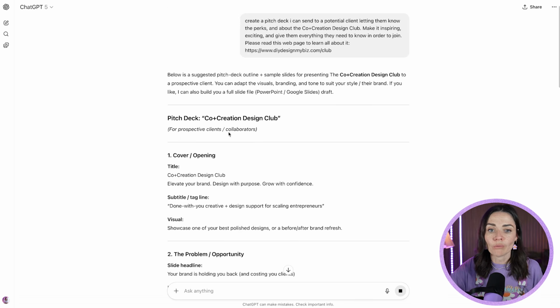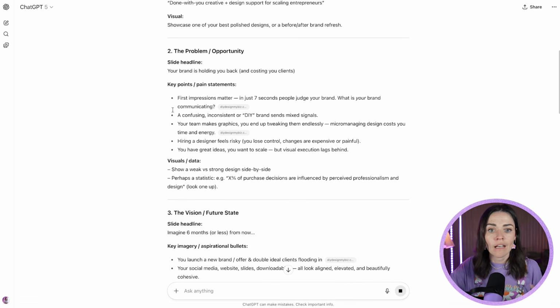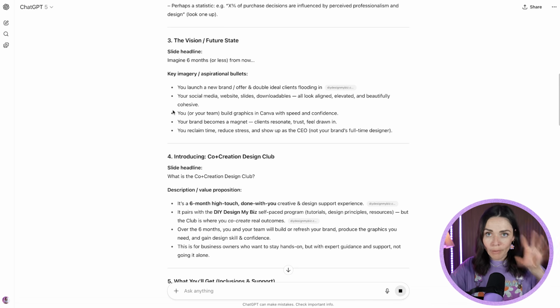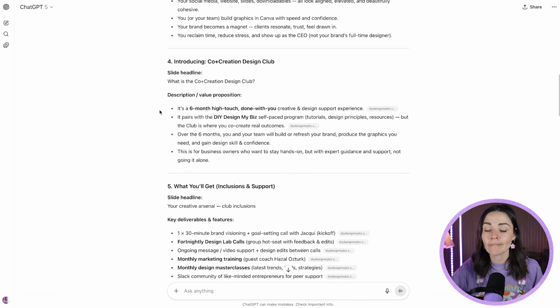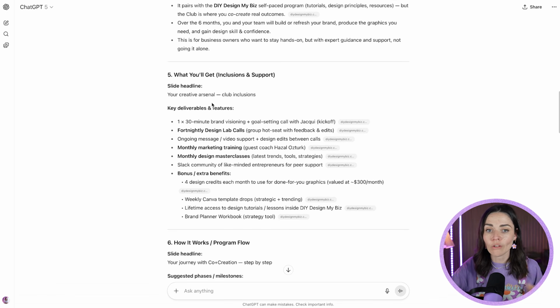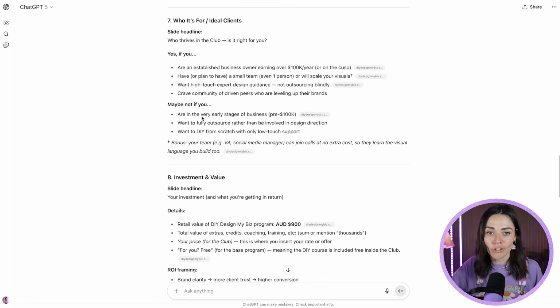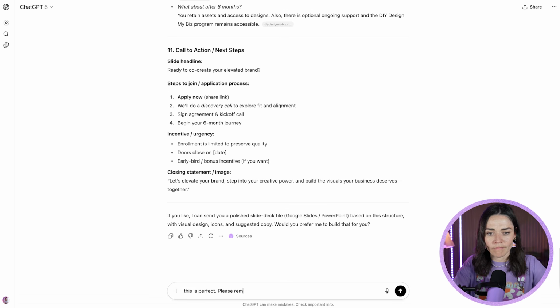Now, at this point, it's going to bring out a lot of different pieces of information here. This is looking quite good, but at this point, please do your refining. Don't try to do the refining after it's done the designing, because that sucks. I want you to do any text refining from this. So make sure you have a look through here, and if you have any changes, make those changes. So for me, I might say,